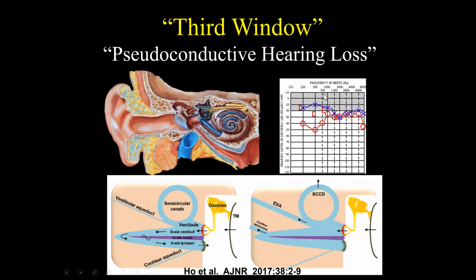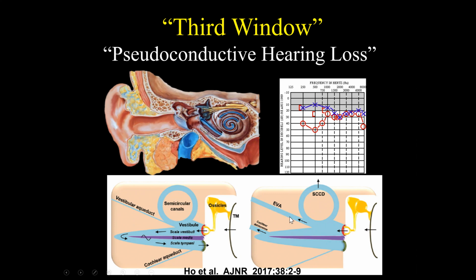The last thing that we're going to talk about is what I refer to, in a way, as pseudoconductive hearing loss, and you may have read about this in the literature. This was the classic third window of conductive hearing loss. Instead of having the classic air-bone gap, there is a classic audiological appearance to this pseudoconductive hearing loss. Initially there's an air-bone gap at lower frequencies, but at higher frequencies, there is no air-bone gap. And this is what's felt to be due to the